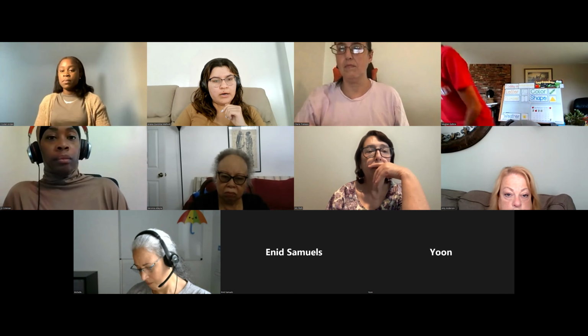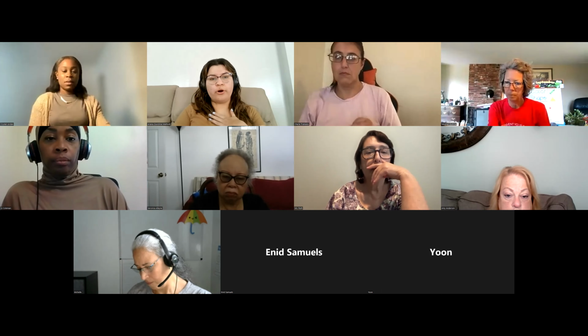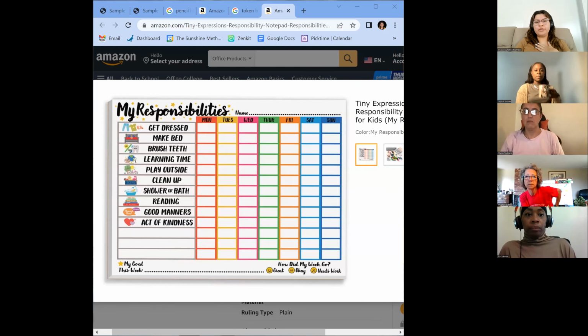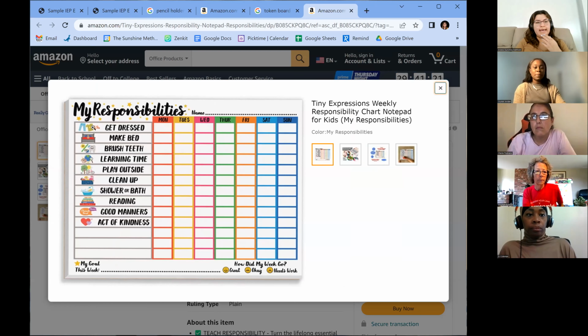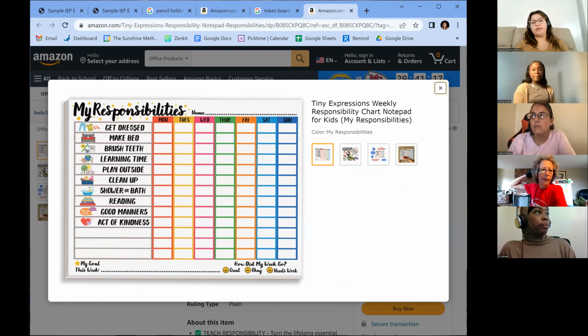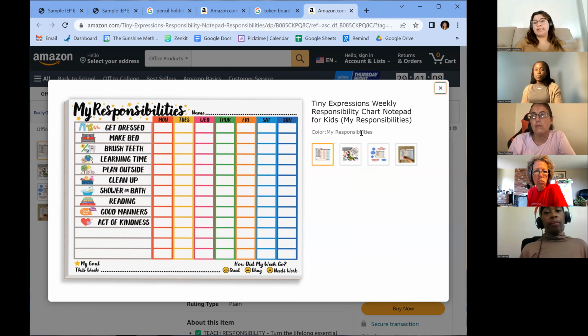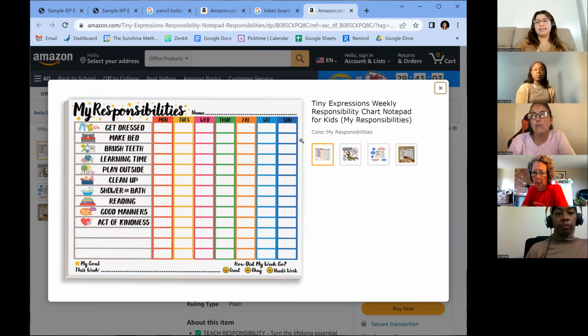Another thing that I've used before is these token boards. At home, there are responsibility token boards, and it's the responsibility that that child has. So it could be turning in homework, and each day of the week they can receive a star for turning in their homework, and then at the end of the week, you can work with the families on what prizes they can get. Now, this is really hard to collaborate with some families that aren't as